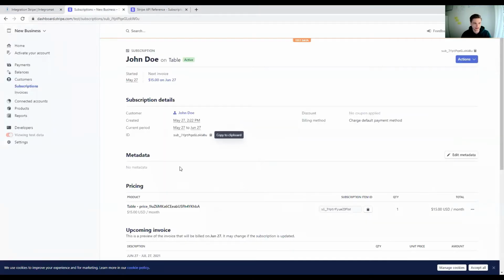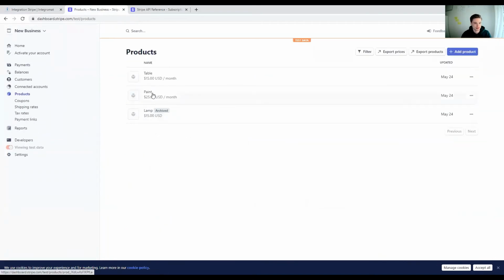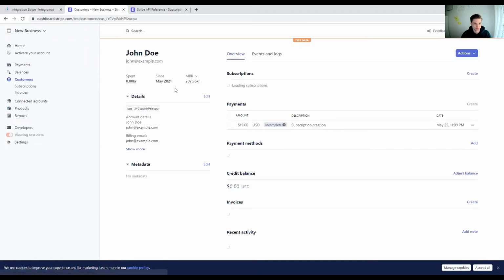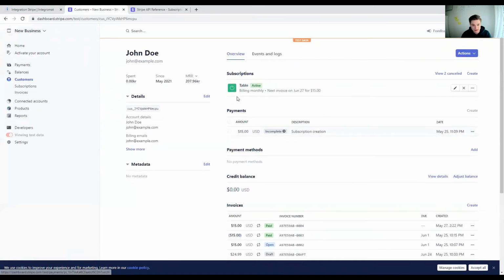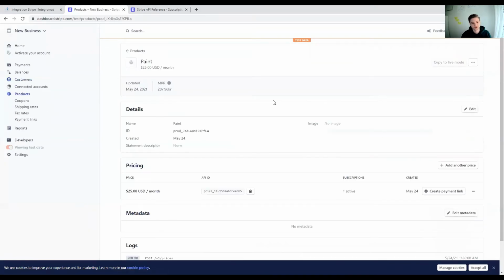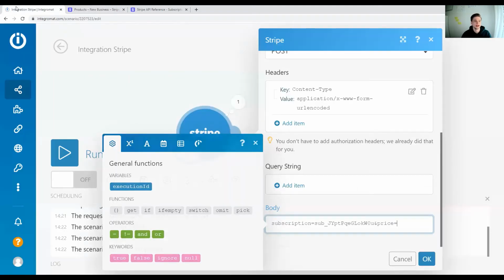Meaning if we go back into our Stripe account, we jump over to products, and let's say we want to add, let's see, what did the subscription look like? The subscription had one table. So let's add some paint to this subscription. And you can see that the API ID is right here. And this is price_something something. And this is what we want to put in here. So this tells Stripe not just the price of the item, but actually which item it is we're trying to